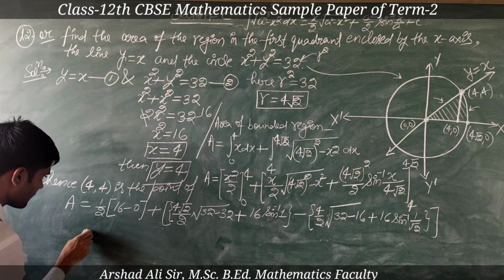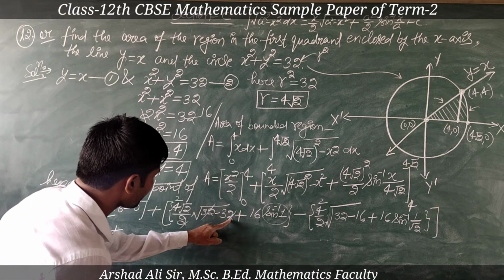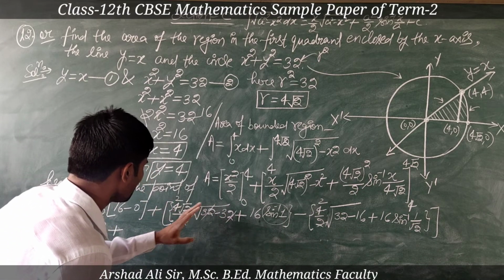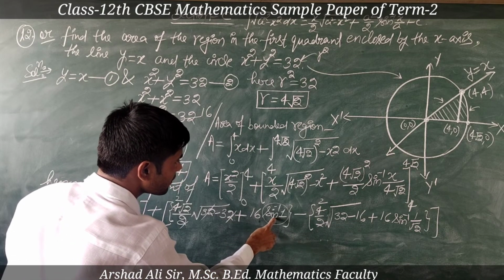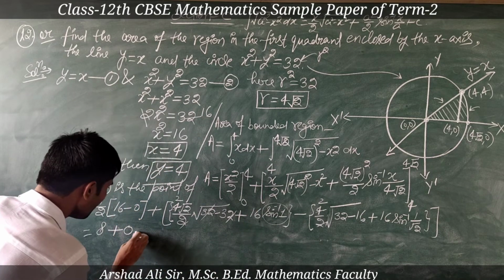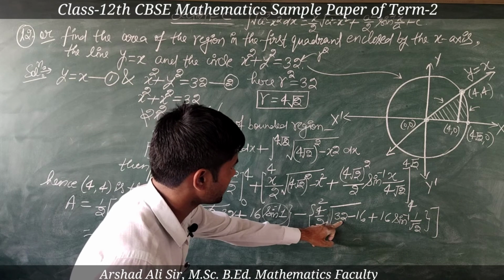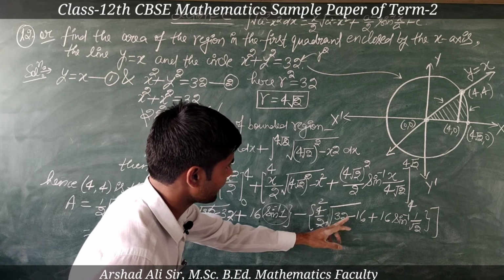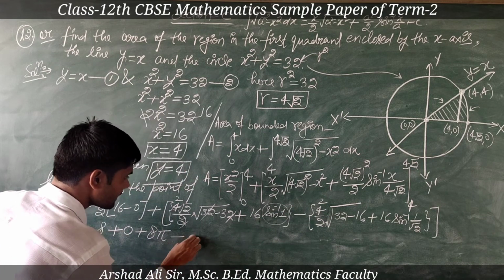Now we can simplify. 16 upon 2, it will be 8. 32 minus 32, it will be cancelled. So 0 and 16 multiply sine inverse 1. It will be pi by 2. So 2 8 the 16. It will be 8 pi. Okay, and minus 32 minus 16, it will be 16, and square root of 16, it will be 4, and 4 to the 8 minus 8.